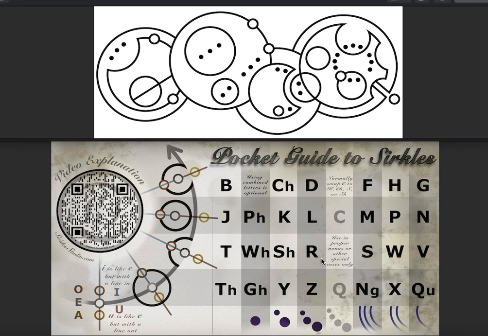So R has 3 dots, D has 3 dots on a deep divot, L has 3 dots in a circle inside the word circle, and last but not least, we have a circle on the line of the word circle. So this stem with 2 dots, 1, 2 dots, is a Y. So cowardly. Never cruel or